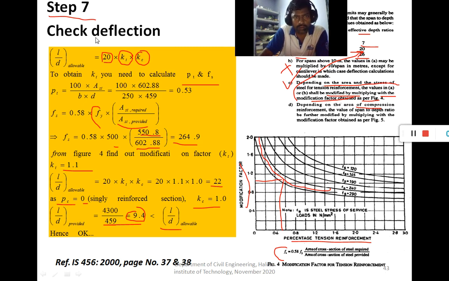We have checked strength, and here we check serviceability, meaning the deflection, using the codal provision. This is the allowable value given, so the provided values are always less than or equal to the allowable.